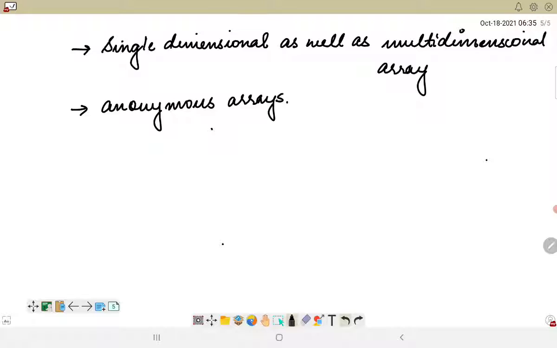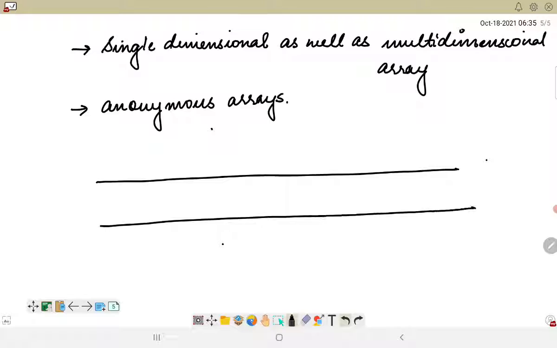Now, as already discussed, again I would like to talk about this. We have a continuous memory location in which we can go on placing similar types of elements.